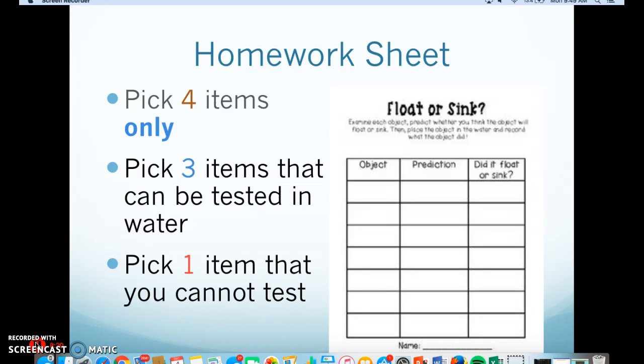Parents, this is where you come in. It is time for your child to do their experiment with the 3 testable items once they have filled out their prediction sheet. Please give them a bowl and fill it halfway with water and have the 3 items your child wants to test nearby. Students, like we practiced in class today, carefully put each item in your bowl of water and put an S if your object sank or an F if your object floated